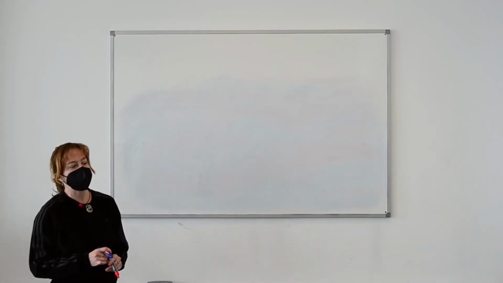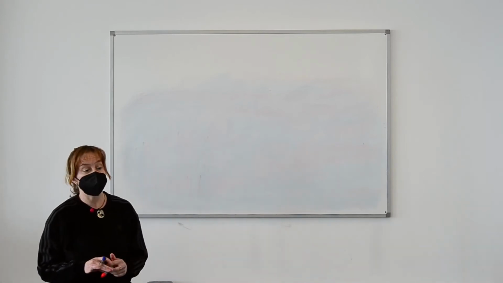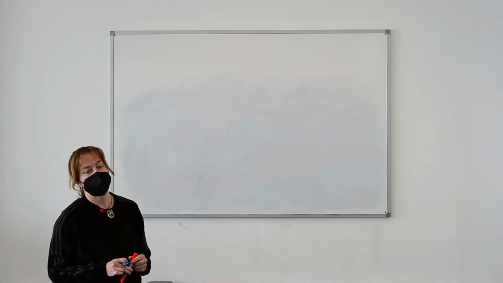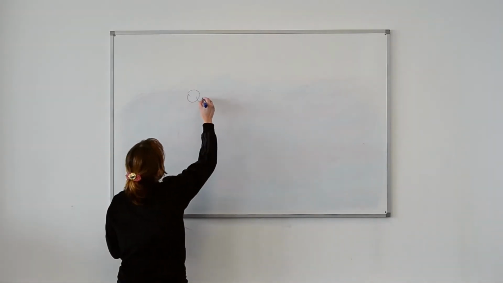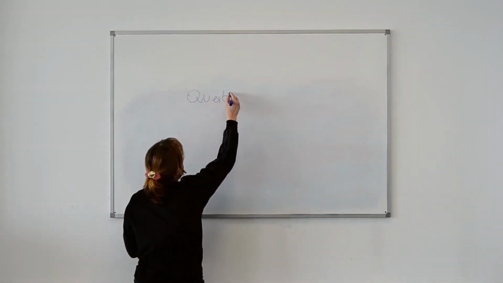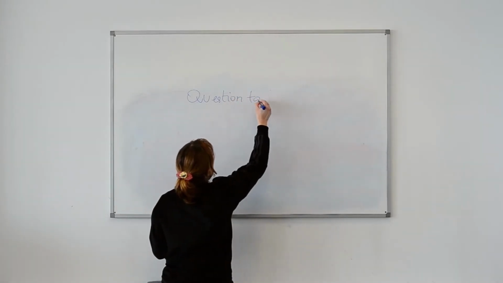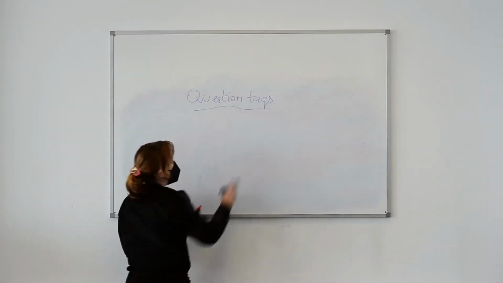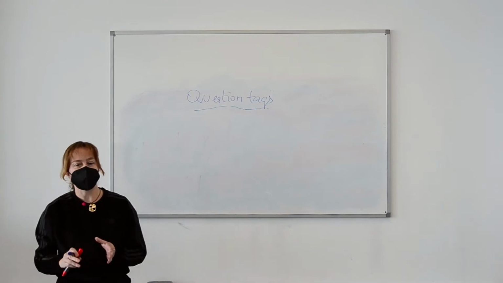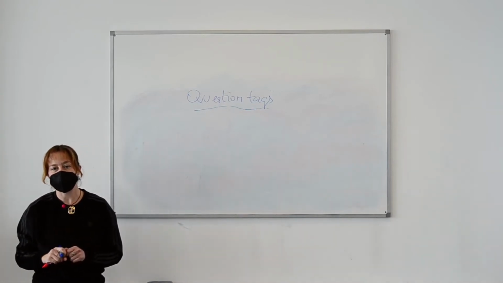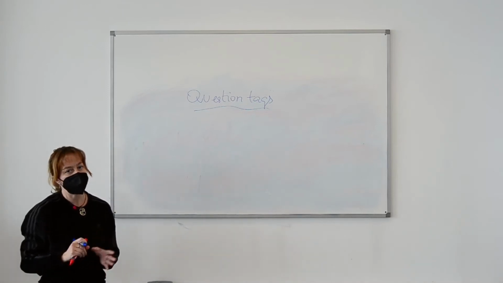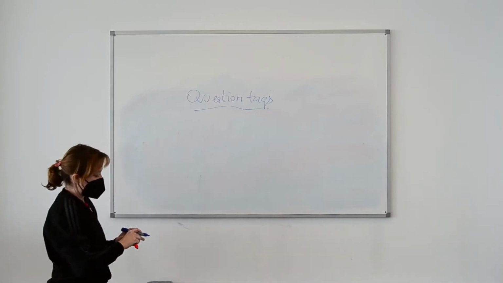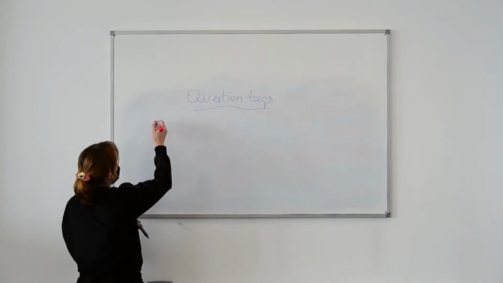Today we are going to review certain grammatical aspects of the English language. For example, question tags. Question tags are short questions that are added to affirmative sentences to expect the agreement or disagreement of the speaker. For example, if we have this sentence,